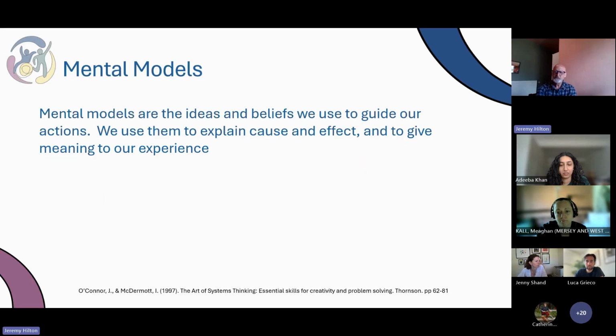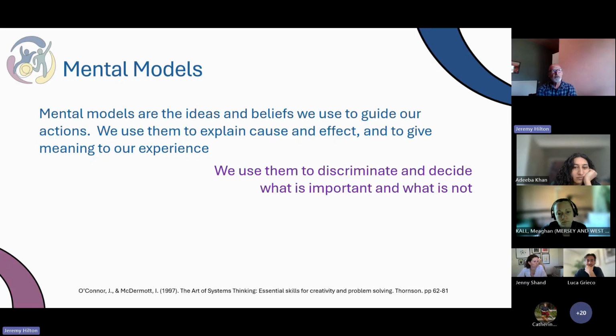We all have what we call mental models. They're either implicit or they might be quite explicit. And then it's those that guide our action. It's that internal voice that we have, which we use to explain cause and effect from our own perspective. And we're constantly seeking meaning for why things happen to us or what's going on around us. But there's often an internal dialogue within each of us.